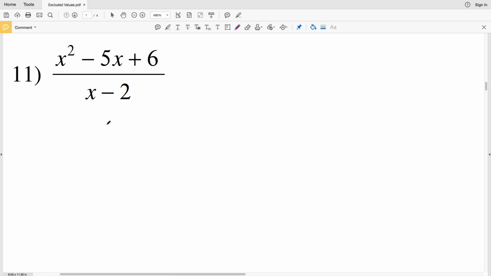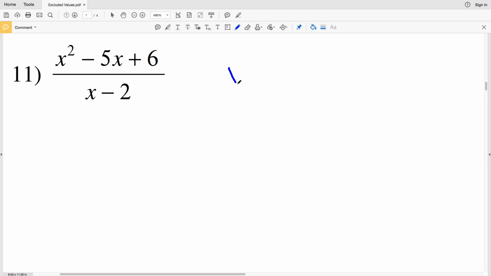In this video, we're going to be continuing on with the KutaSoftware Infinite Algebra 1 free worksheet excluded values, picking up where we left off with number 11. Now, for excluded values, essentially when dealing with fractions, we cannot have 0 as the denominator. So we're going to set the denominator equal to 0 and then solve, and that value will be our excluded